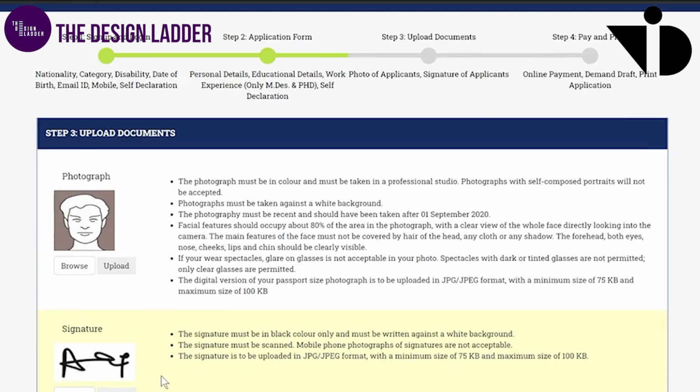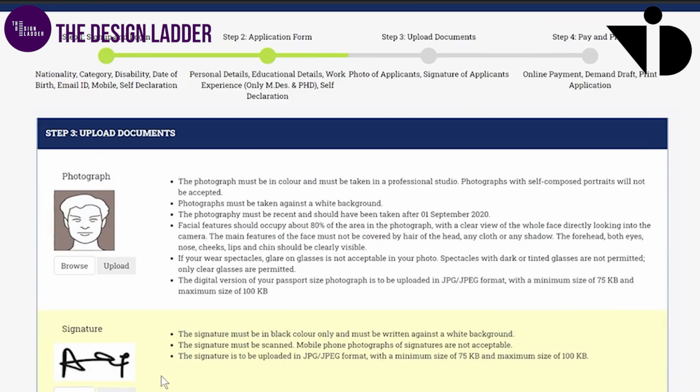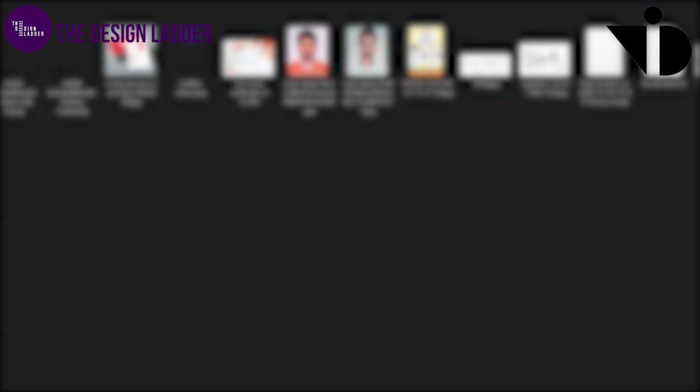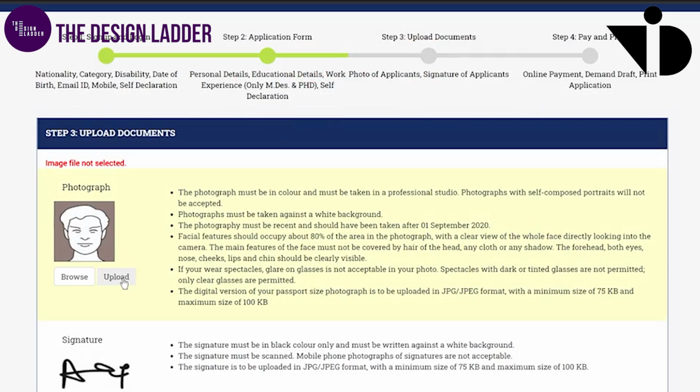Now you can see on the above green line that you are already 2 steps far towards the final payment procedure. Now let's go to the step 3 and upload the documents. The first document is the photograph. Please make sure that you follow all the specifications I've mentioned to you in the important document section and upload the photograph in the right size, in the right file format here by clicking on upload. When you click on upload, a window will open that will redirect you to the folders in your PC, and you can select wherever your photograph is placed and click on upload.